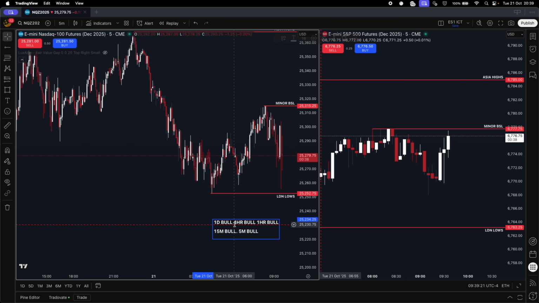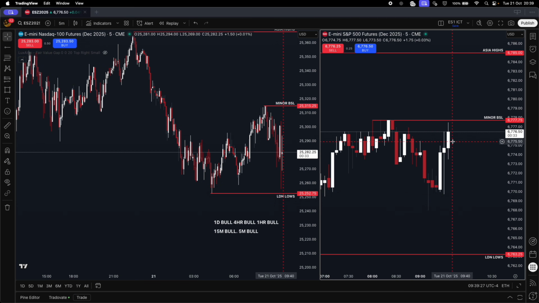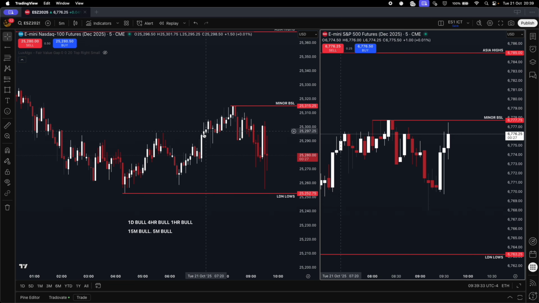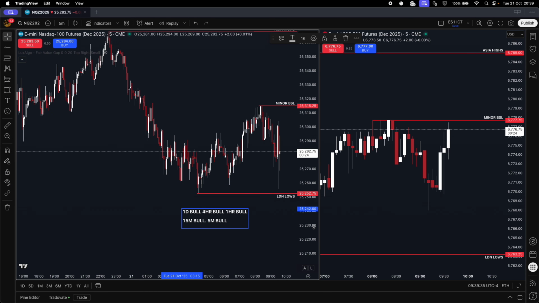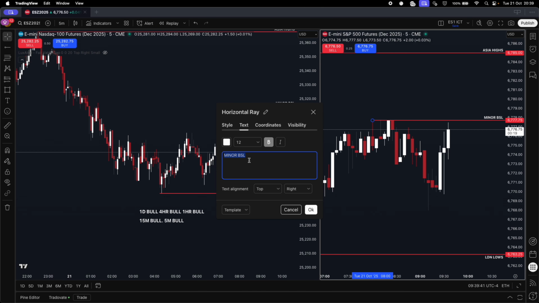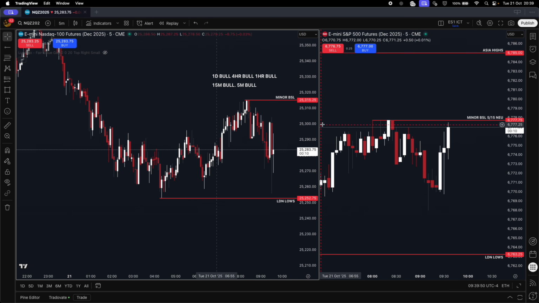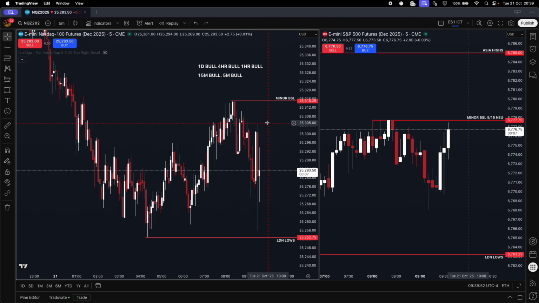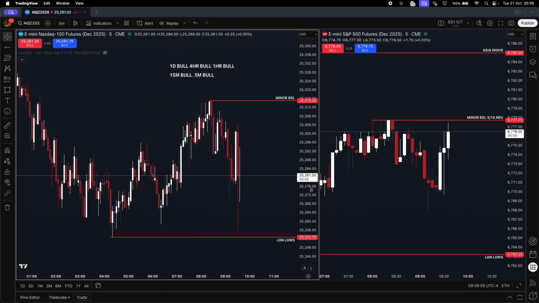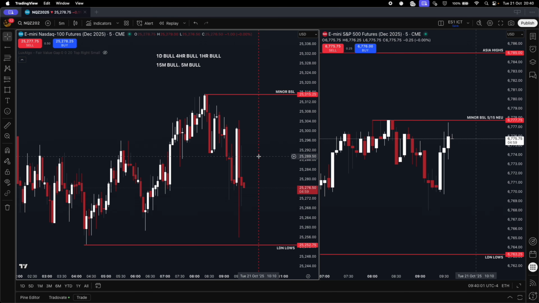So we'd like to see a sweep of sell side, taking out this high of minor buy side. Okay, this is going to flip the 15-minute to being neutral, as that's the 15-minute draw. So the 15 would go neutral, and also along with the 5. So taking minor buy side, we can just note on ES 5/15 neutral as a reminder. We'd still have a bullish bias regardless, but it would just mean that we have a sweep of buy side, right, with a bullish bias. It's not what we want to see. We want to see a sweep of London lows, okay,